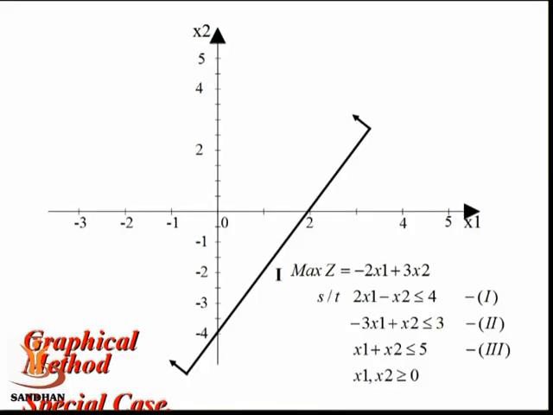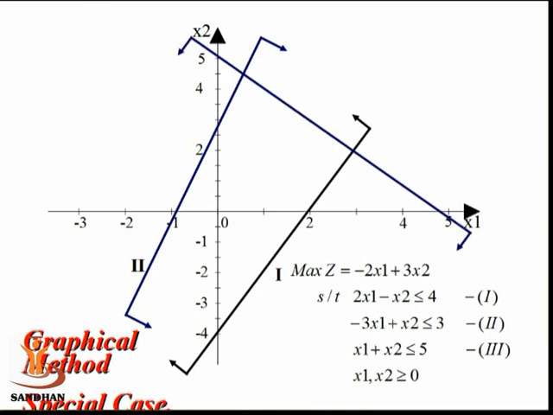So friends, let us talk about another case, graphical method. If we have maximize z equal to minus 2x1 plus 3x2, such that 2x1 minus x2 is less than or equal to 4, minus 3x1 plus 2x2 is less than or equal to 3, x1 plus x2 less than or equal to 5. So let us try to make the diagram of that. You can see that equation 1 is represented by this line and the arrow shows the area defined by that. Similarly, we can draw the second line. The arrow defines the area below that line. Let us draw the third line, and again the area below that line is defined by the third equation.